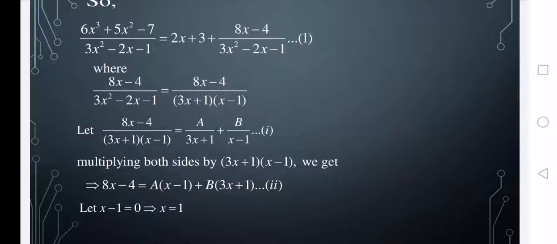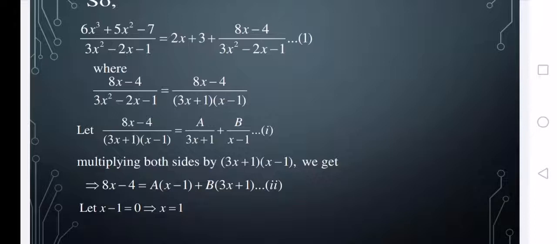So we are going to take 8x minus 4 divided by 3x square minus 2x minus 1. Since we have done the sums related to the conversion of the given fraction into partial fractions, and we observed that the denominator was given in terms of factors. So first we are going to factorize this 3x square minus 2x minus 1 into its factors by using the sum and product method, or we can say the midterm break method. And after applying that particular method, we just get 3x plus 1 into x minus 1.